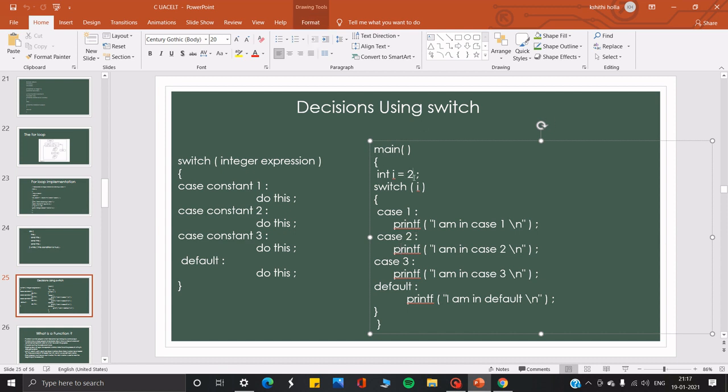So i is initialized as 2. Inside the switch, this 2 is written over here. So case 1 says, I'm in case 1, and if it's case 2, I'm in case 2, and case 3, this gets printed. Or else default, when I enter any other choice, then this gets printed saying that